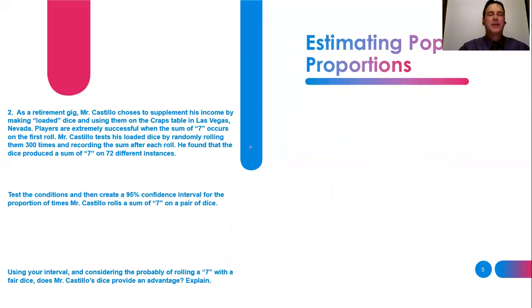Okay. So here, another moment where data has been done for us. It says, as a retirement gig, Mr. Castillo chooses to supplement his income by making loaded dice and using them on a craps table in Las Vegas. Players are extremely successful when the sum of 7 occurs on the first roll. Mr. Castillo tests his loaded dice by randomly rolling 300 times and recording the sum after each roll. He found that the dice produced the sum of 7 on 72 occasions. Okay, so let's